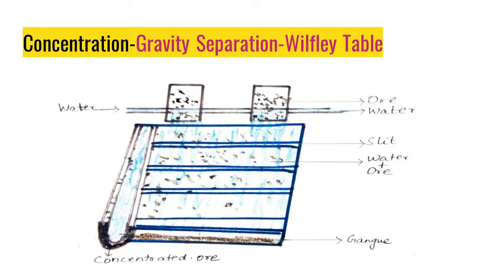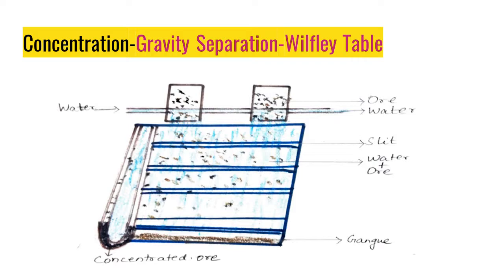So now let us see another method of gravity separation, that is using the Wilfley table. This is a wooden table which will have slits in between. There will be 2 or 3 hoppers through which the ore will be dropped down. There will also be a water pipe which washes the ores. So when the water is passed, the ore is mixed with water along with the gangue material and passes through the slanting table. The table will move in lateral directions so that the heavy ore particles, when flowing through the